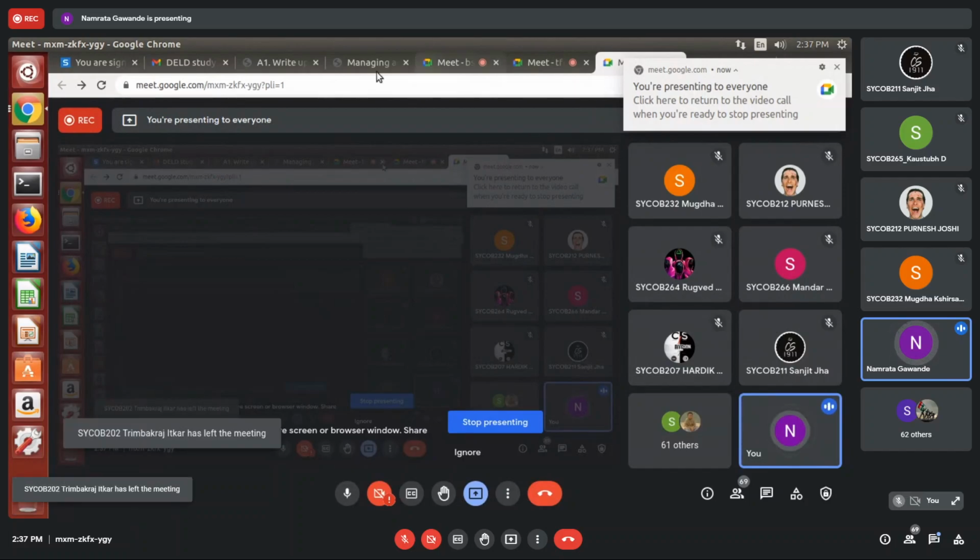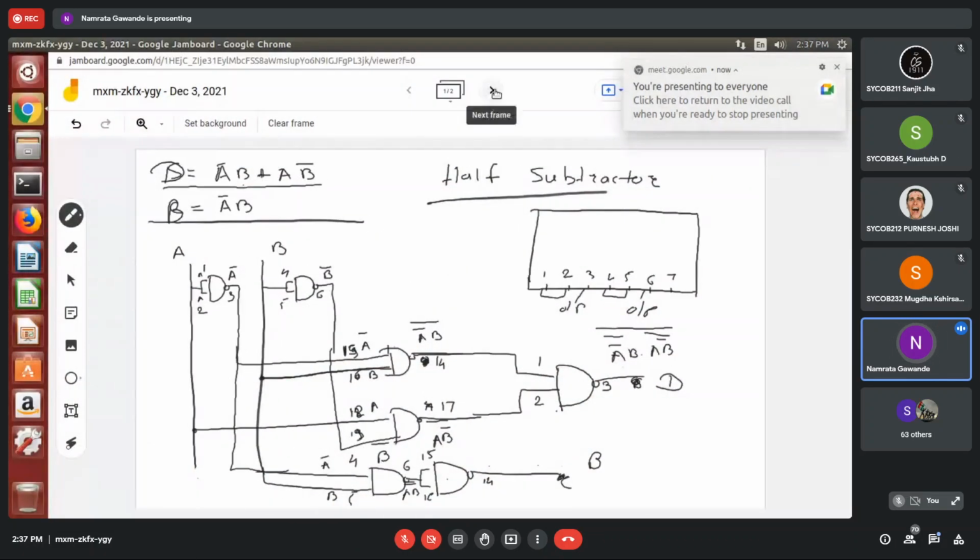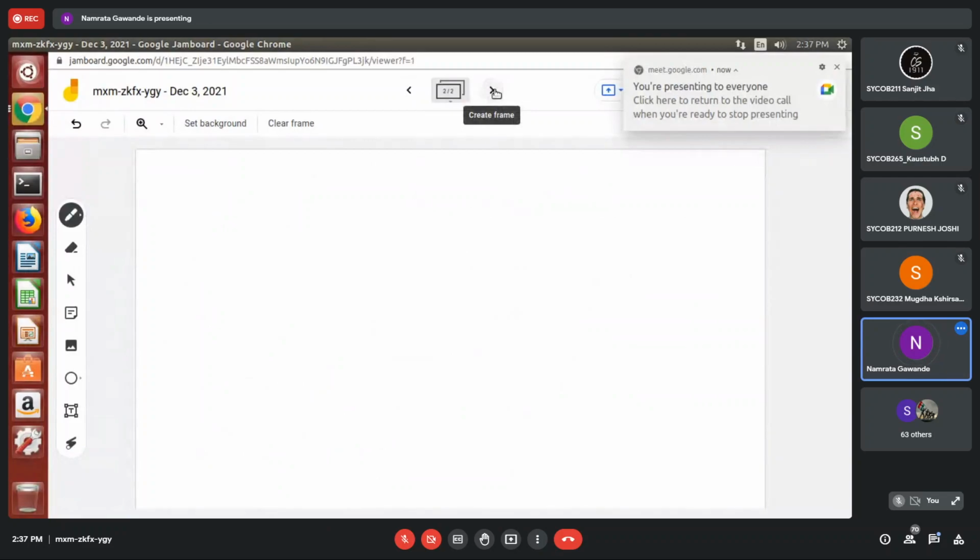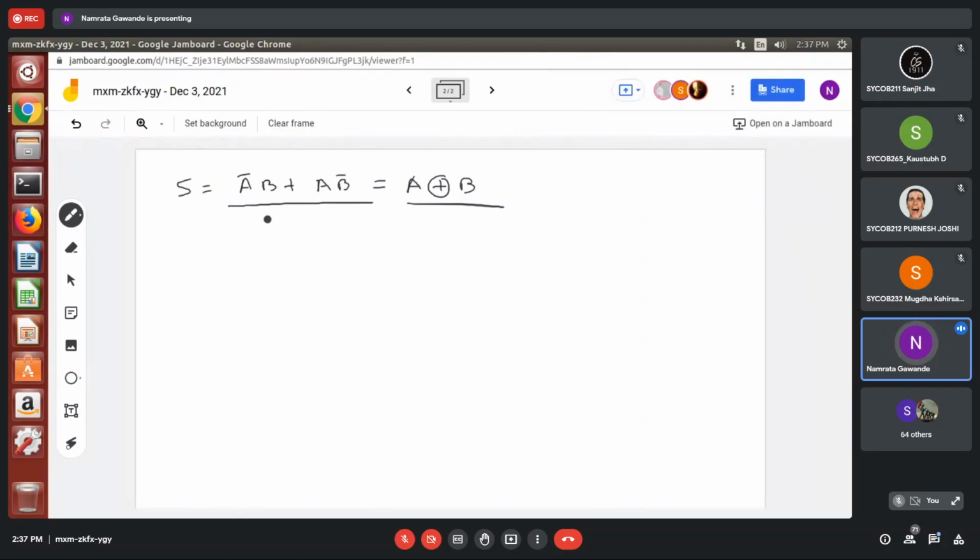See, with using basic gates, there is one more point that I wanted to tell you. If you have done it, no problem. But as you have done this circuit for the half adder, A bar B plus A B bar, you have used the XOR gate here. But XOR is again a derived gate. What is expected in this, if I draw the circuit using basic gates,